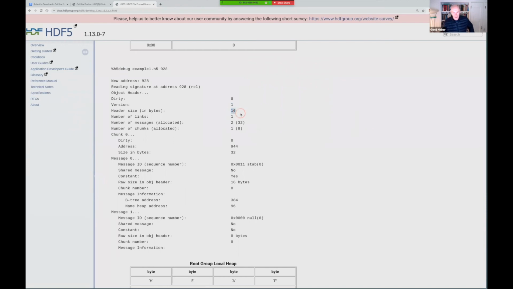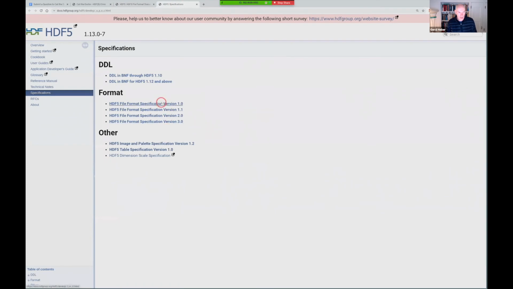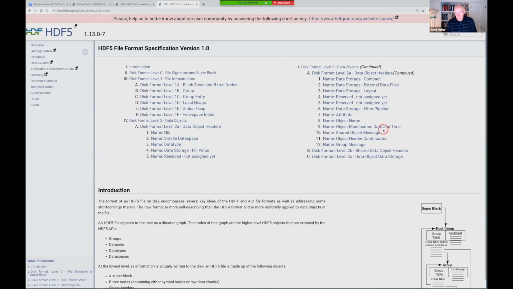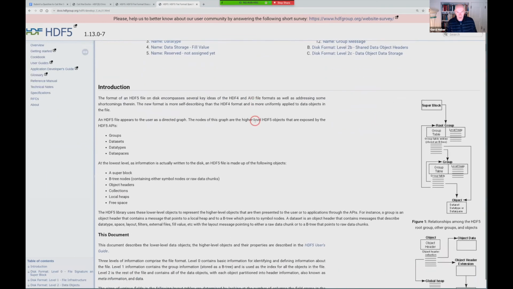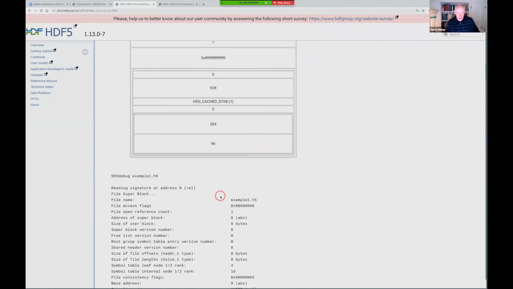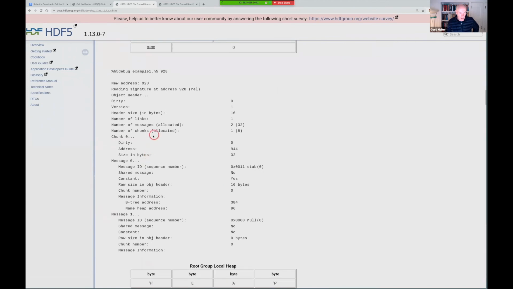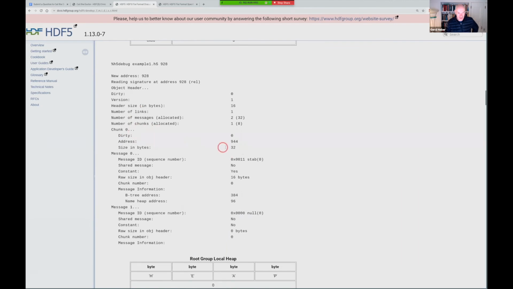And in a way, you should read this document side by side with, I think there's a link up here, the file format specification. So for argument's sake, let's say this is file format version 1.0. You should have that side by side with the information that you are seeing here. So that's the root group object header, and it has a chunked, not in the sense of data set chunks, but chunked layout, and chunk size is